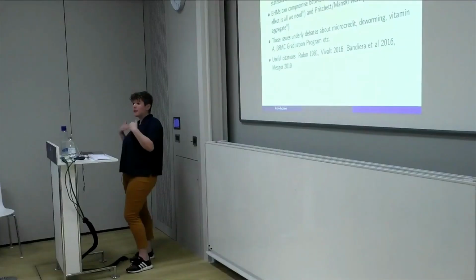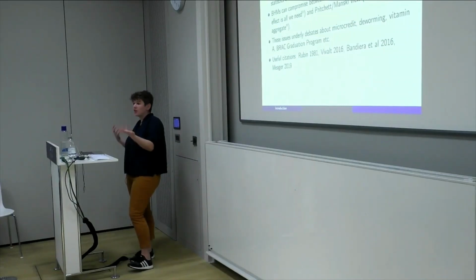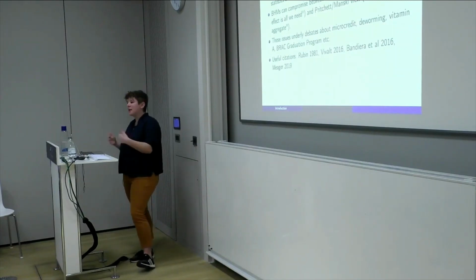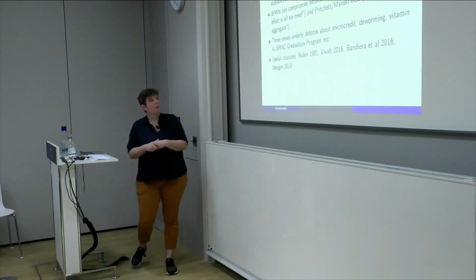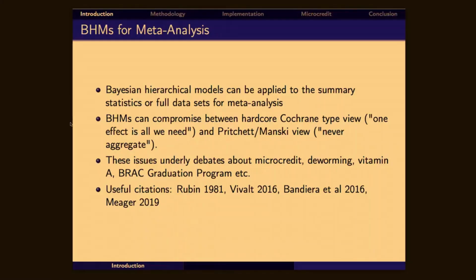Okay, so Bayesian hierarchical models are also a super flexible framework. They can be applied to the summary statistics that Ava described, or to full data sets, and it's not very hard to go between the two. The framework also allows you to compromise between a hardcore view, which I'm going to call the Cochrane view, where they extensively privilege fixed effects meta-analysis, and most of the handbook is about that. Although in section 16, they do say, if you think there's heterogeneity, you should use this random effects stuff. And then there's this other view we have in economics, which I'm going to call the Pritchett-Mansky view,